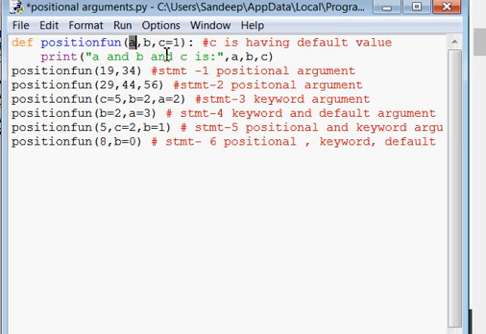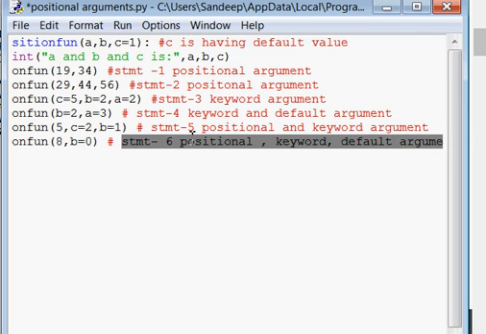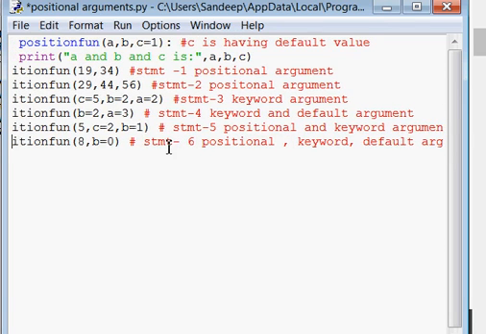And for C we are using the default value because you have not given a third value for C. So in this statement, positional, keyword and default, all three are used here. Okay, so the answer for this statement is, for A 8, for B 0, and for C 1, means it will print 8, 0, 1.